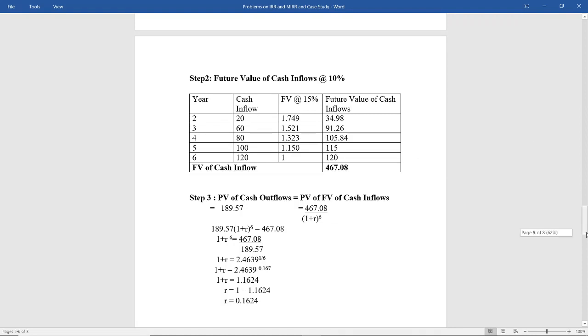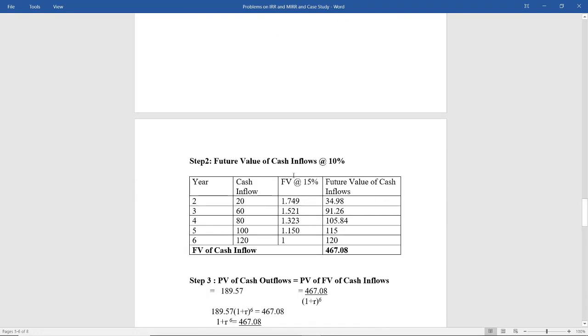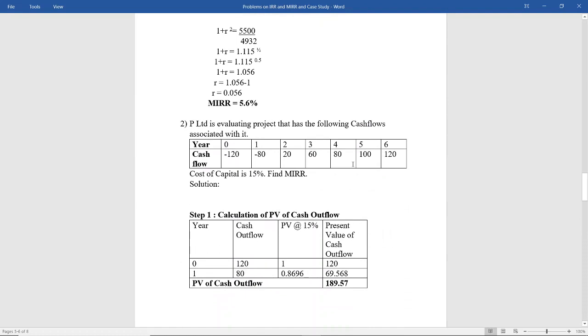See, future value is given from year 2 to year 6. So like that I will write from year 2, 3, 4, 5, 6 cash inflows. Future value at the rate of 15%. So for future value you will see which table? Single cash flow, for year 2, so you will see table number 1. But how many years? To reach from 2 to 6, how many years are required? 4. 1, 2, 3, 4.